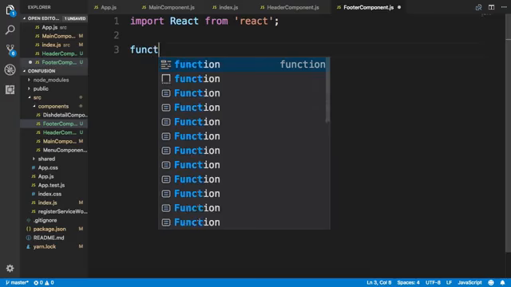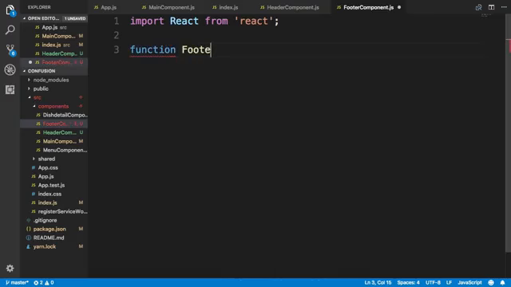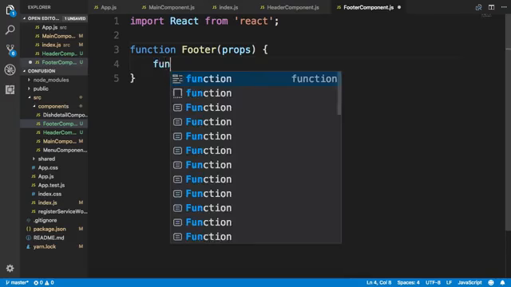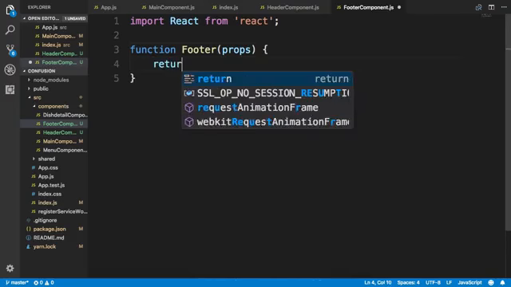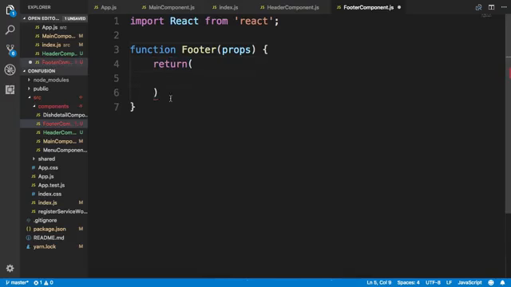And then we'll define the footer component as a function component. So we'll return from the footer the details of the function component and then export